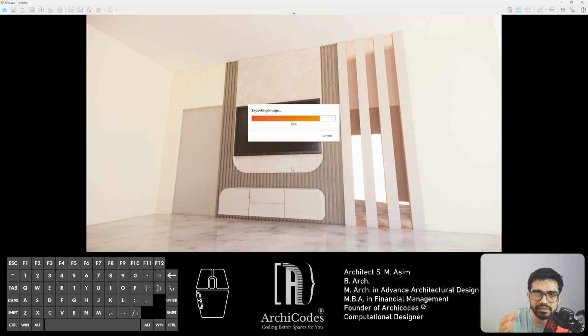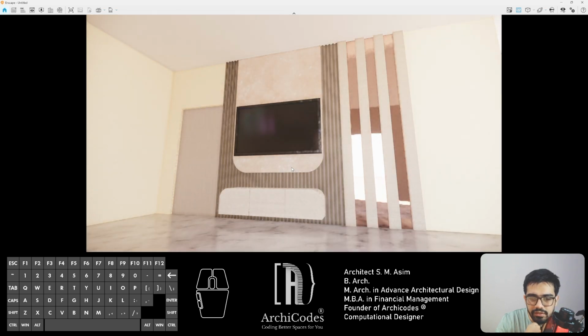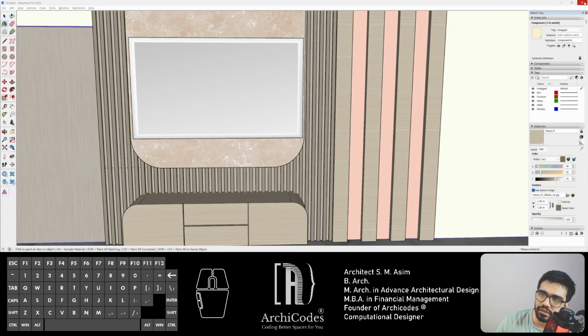Where is that partition coming in between the dining room and the living room? So considering all of that, it takes 1.5 hours to design something from scratch, along with the 2D drawing as well as the 3D model, getting it rendered,